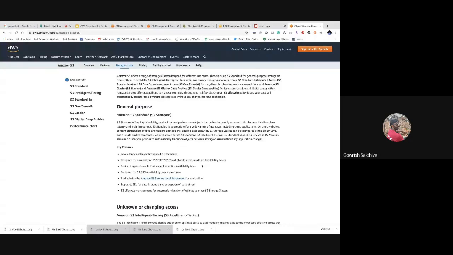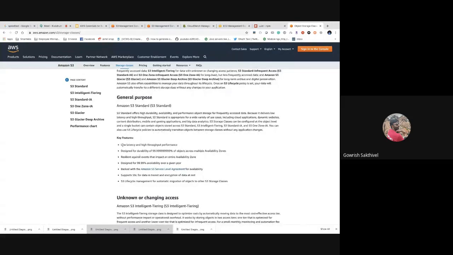So that's why you can see the key features of S3 standard: low latency and high throughput performance, designed for durability of 99.9999% across multiple availability zones. The same file is copied in multiple availability zones, so it is resilient against events that impact an entire availability zone. Let's say one complete availability zone is down, you can still access the file because it is there in a different availability zone. Designed for 99.99% availability, supports SSL, like encryption of data at rest, and it supports